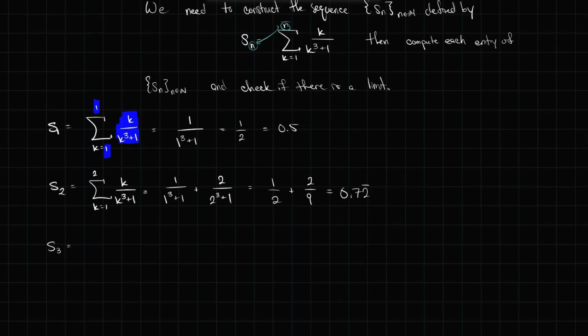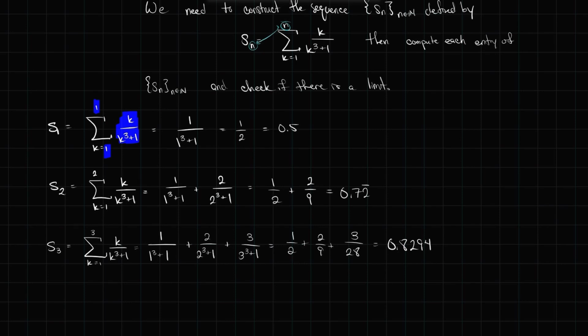You can look at S3. This is going to be the sum k equals 1 to 3, k over k cubed plus 1, which will be 1 over 1 cubed plus 1 plus 2 over 2 cubed plus 1 plus 3 over 3 cubed plus 1, also known as 1/2 plus 2/9 plus 3 over 28, which in decimal is 0.8294. And then let's skip quite a few, and maybe let's jump up to